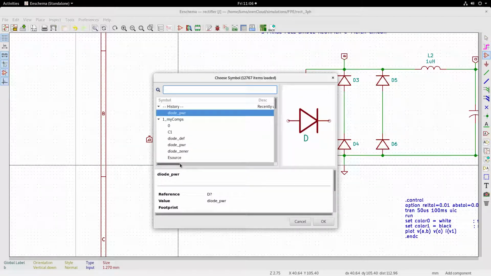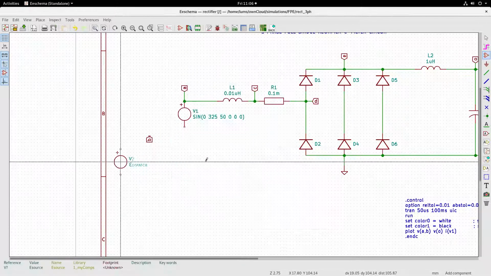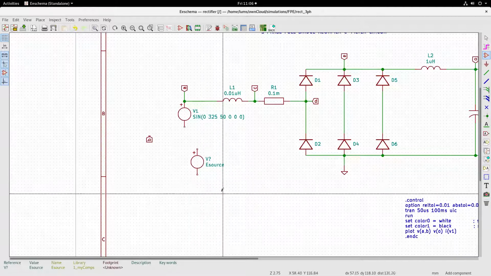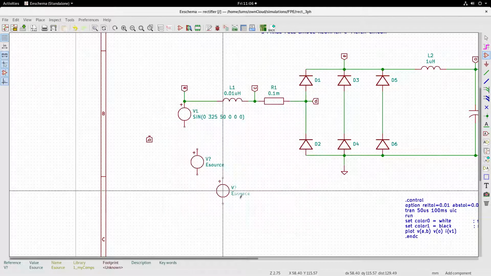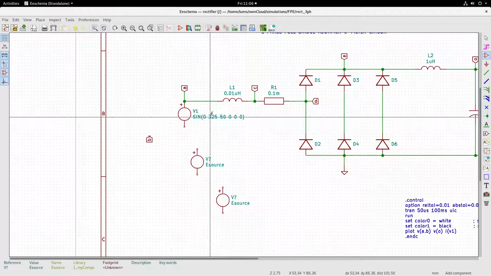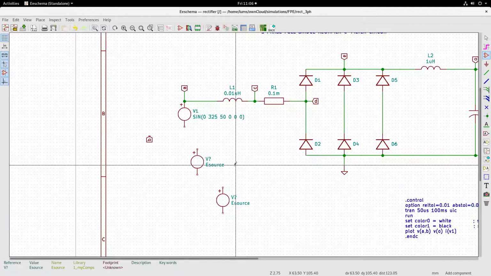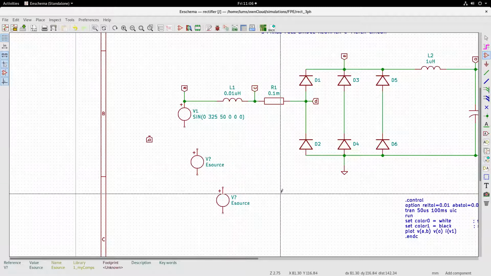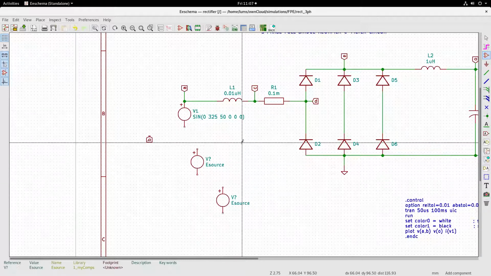I'll go into place component in my components library. Let me pick source. I will need two sources, one for B and one more for C. They will have a similar sine type, but now we need to give a phase shift of minus 120 degrees with respect to each other.